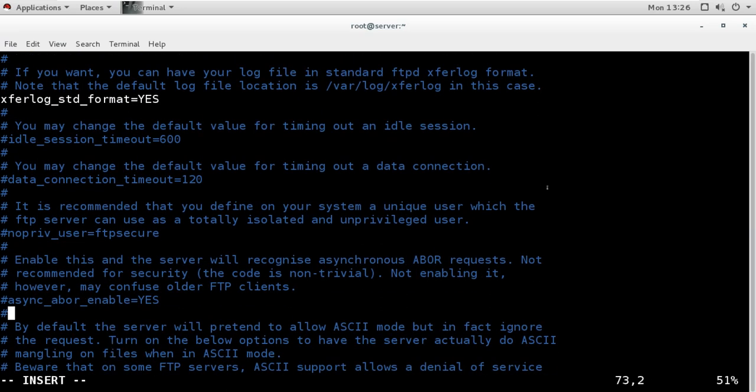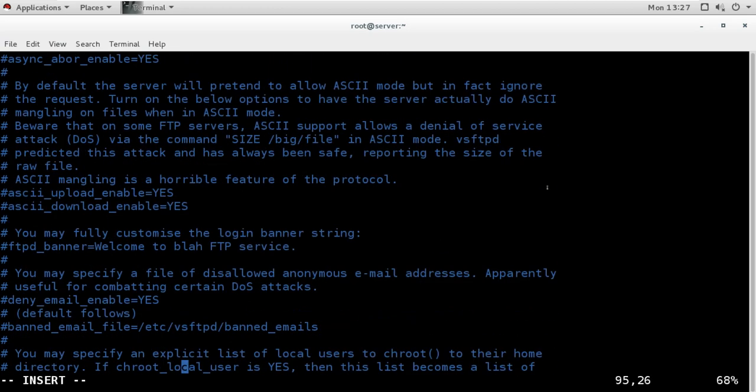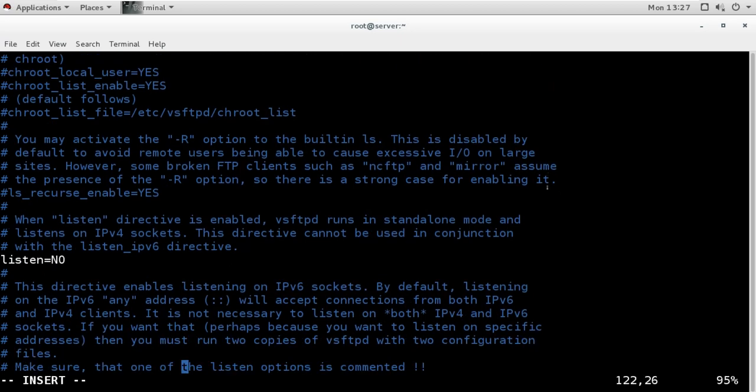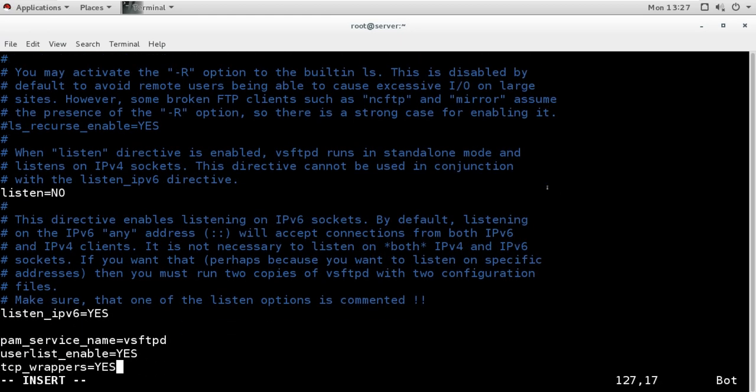Data connection timeout and session connection timeout are also there, which are not enabled, but we can enable them. But they are already default at 600 and 120, so they are already set to these settings. Then we have other settings down here. This says listen no, and here it is saying listen yes.